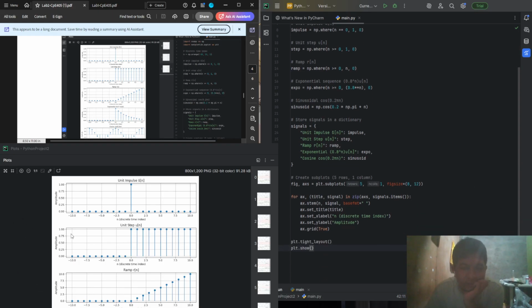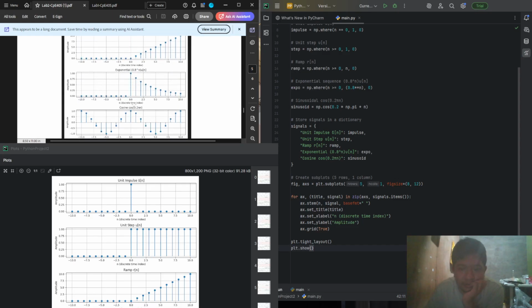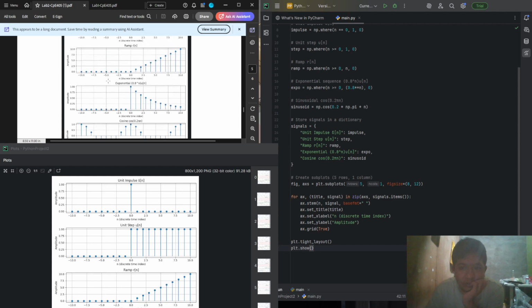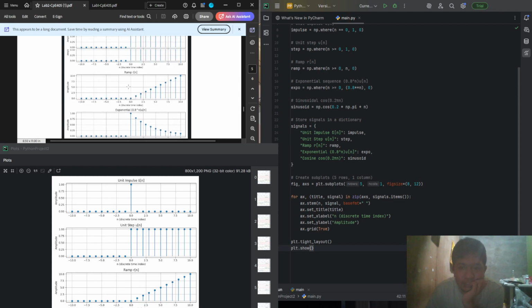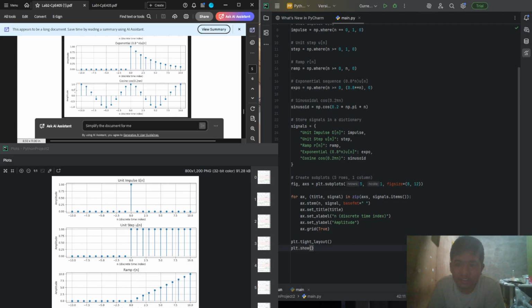So that is all for the code and the plots. We move on to the graphs. For the sinusoid, we have the discrete time graph of a sinusoid here.